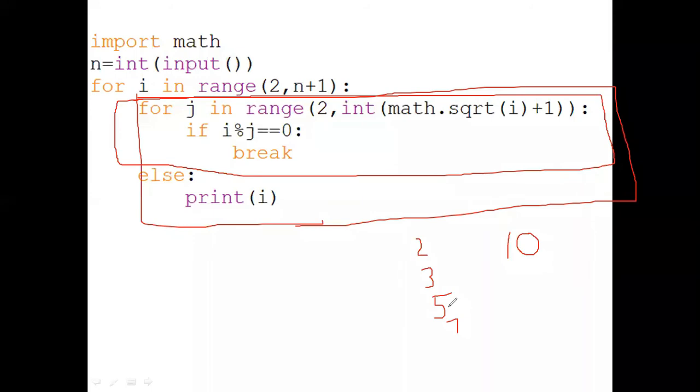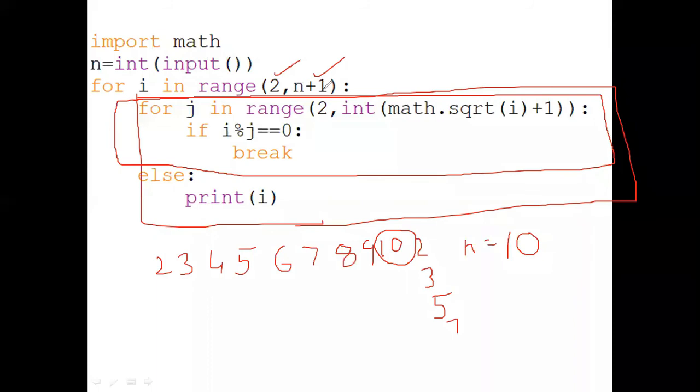So how can we start? We start the loop from 2, 3, 4, 5, 6, 7, 8, 9, 10. So we take the range 2 comma n plus 1, where n equals 10, so the sequence goes up to 10.